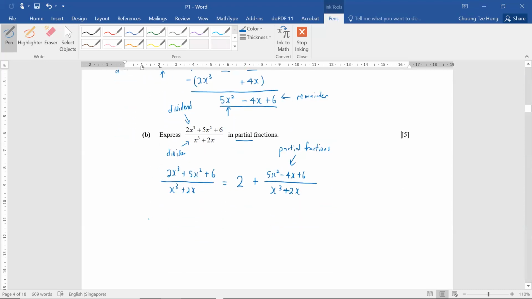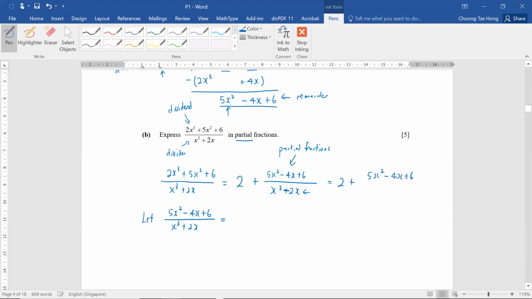Okay, so we are going to let (5x² − 4x + 6)/(x³ + 2x) equal to... Okay, so at this point in time, what we need to do now is factorize this part. So this one can actually be factorized to 2 plus (5x² − 4x + 6)